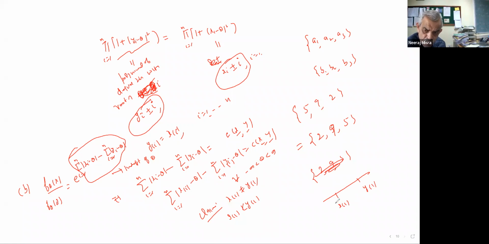So in particular, this would hold for all theta less than X1, or theta lying between X1 to Y1. For all theta lying between X1 to Y1, what is this quantity? The first term would be theta minus X1. And remaining terms would be